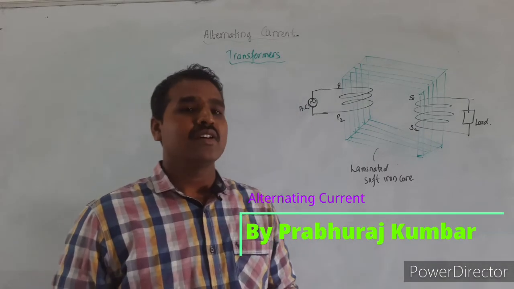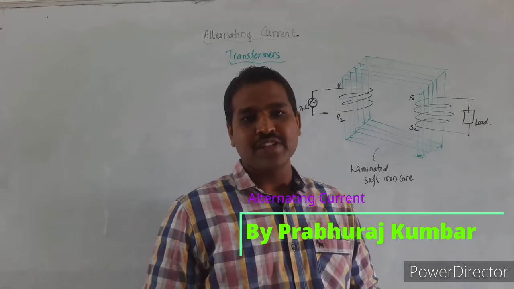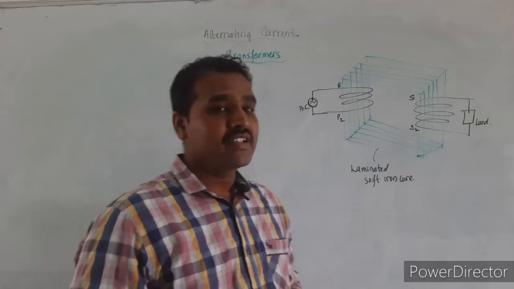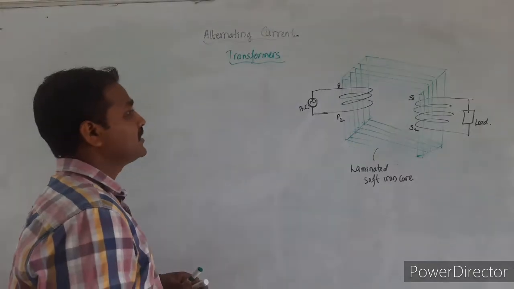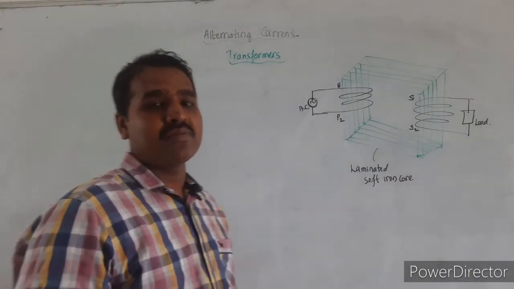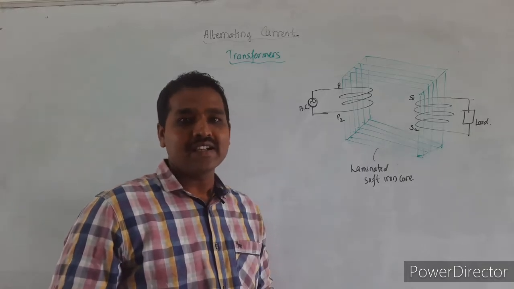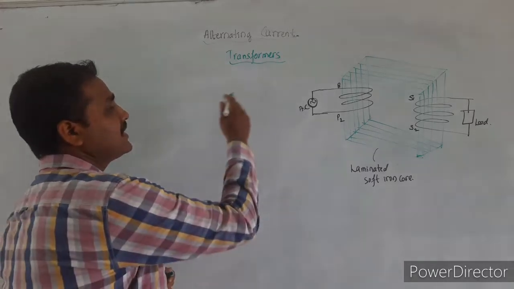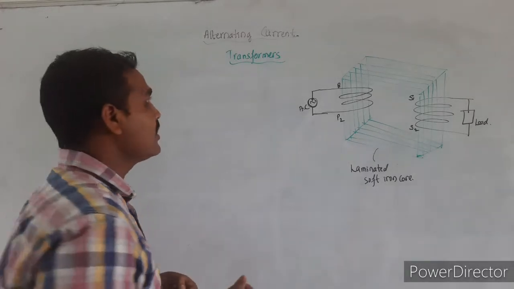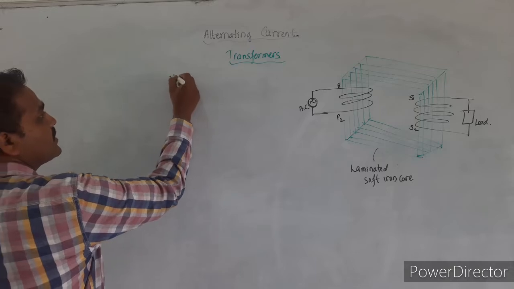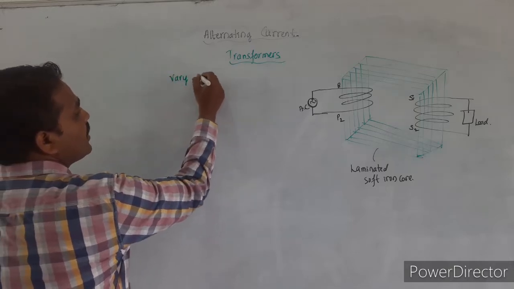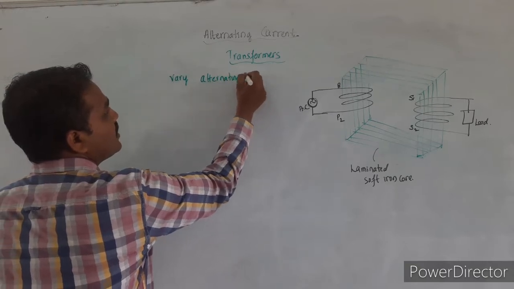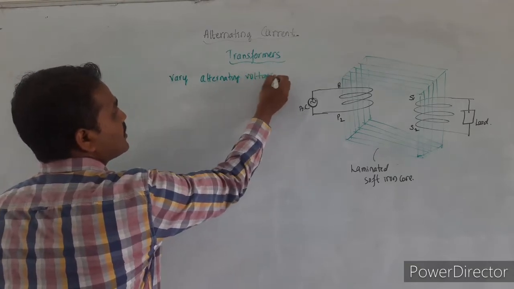In the previous class, we discussed the average power associated with different AC circuits. Today we shall continue with the working principle of transformers and solve some numerical problems on alternating current. A transformer is a device that is used to vary the value of alternating voltage. So if you wish to vary the value of alternating voltage, we use the device called a transformer.